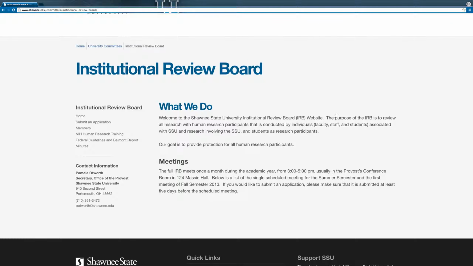And it says in the second sentence, the purpose of the IRB is to review all research with human research participants that is conducted by individuals, faculty, staff, and students associated with SSU, and research involving the Shawnee State University and students as research participants. Now, you can imagine the need for this type of thing, for example, at the University of Kentucky or any medical school, where they're maybe